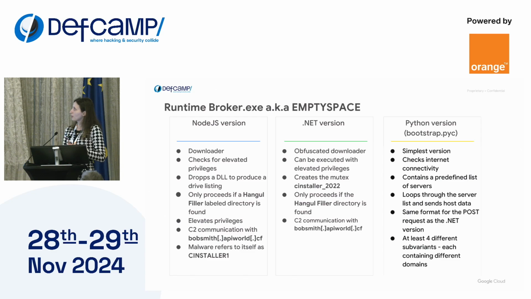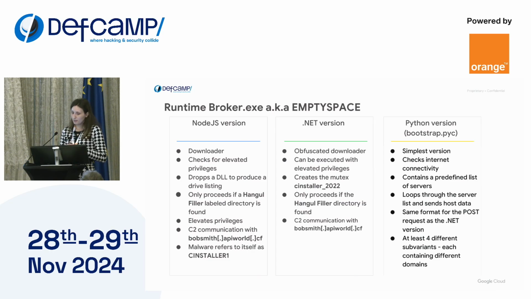And both of them can run with elevated privileges as well. On the other hand, we have the Python version, which is a lot simpler. It only checks for internet connectivity by trying to contact the Google domain. It then loops through a list of predefined servers and tries to send a POST request to these remote servers. And the data is formatted in this POST request exactly as it is in the .NET version,